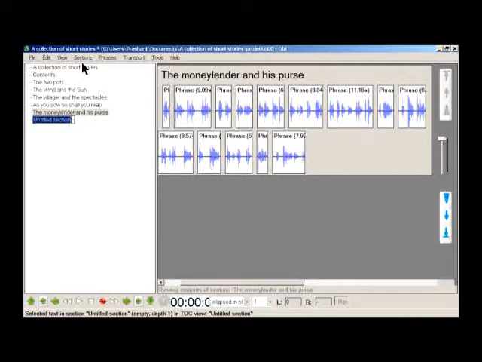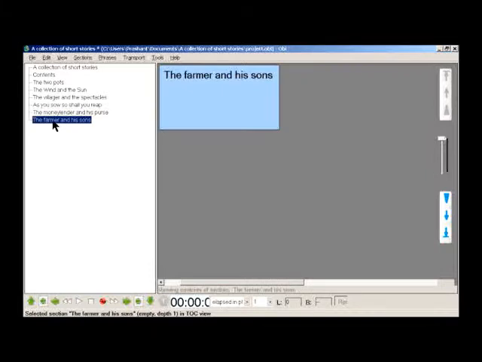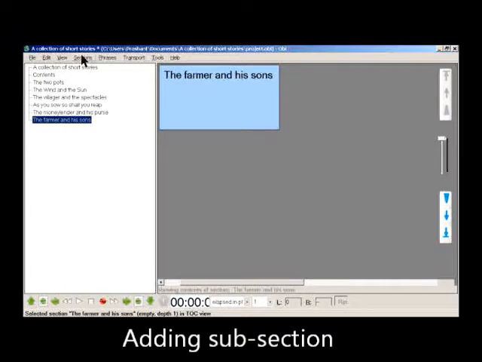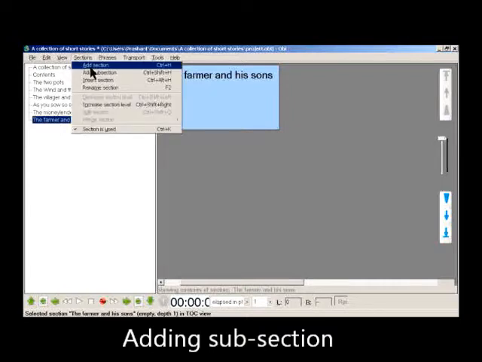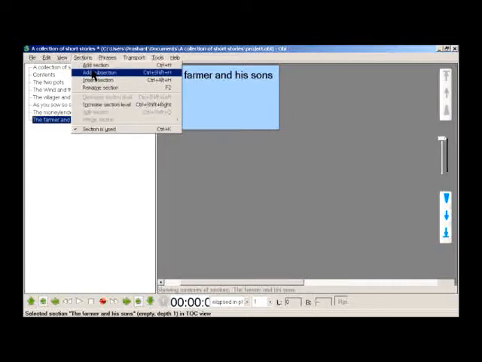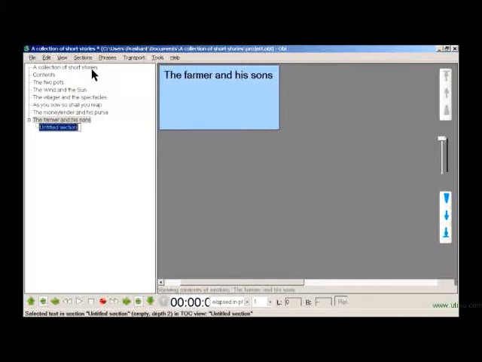A new section will be created and its label can be edited at this time. The newly created section will be empty at this time, that is, it will not have any subsections or audio. To create a subsection, in the section menu click on add subsection or press the keyboard shortcut Ctrl+Shift+H, and now you can type the name of the new section.